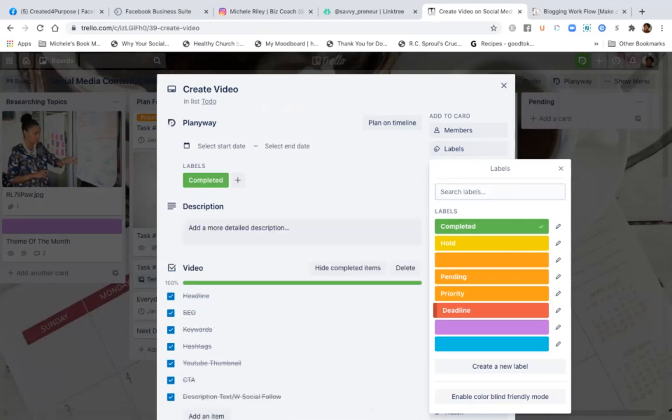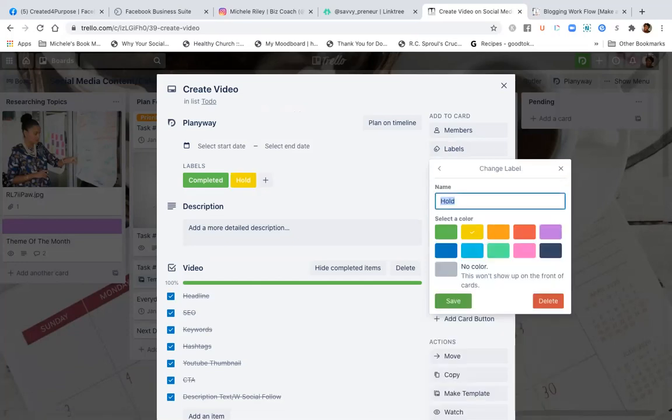You can change these labels. I'm not sure if I showed you that, but you can go in with the pencil and change the labels if you want. I think I already have pending, and you can just put need more information.